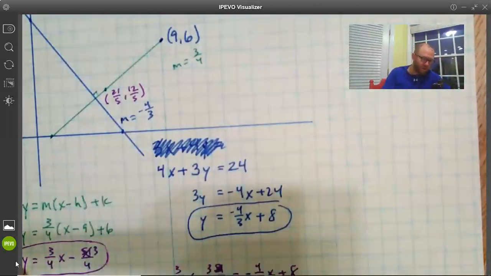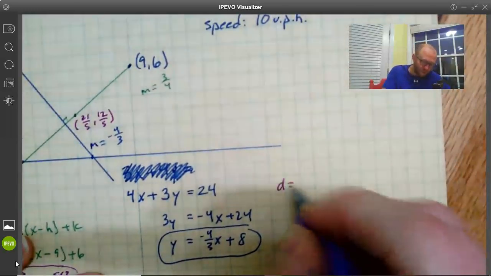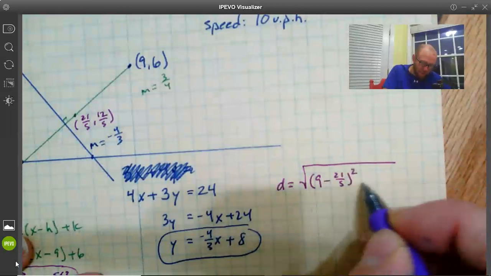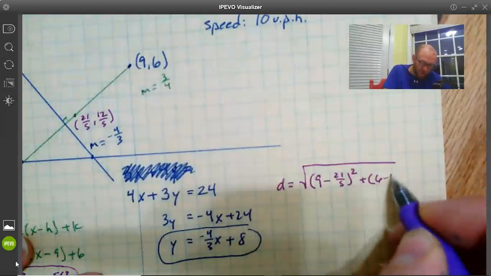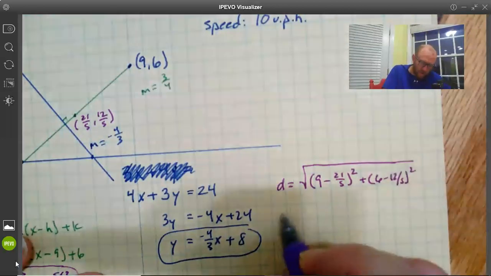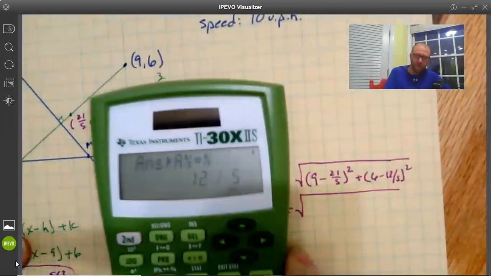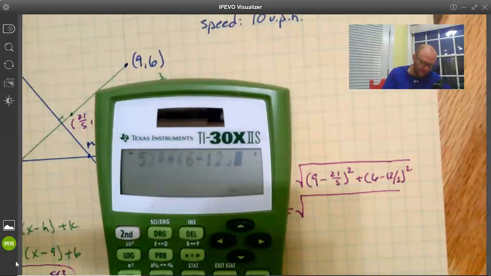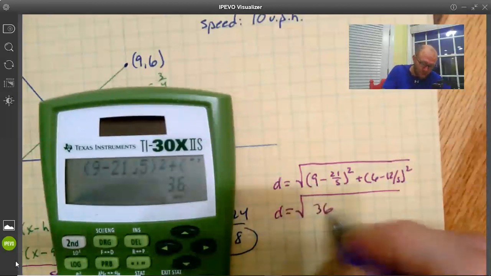Now we've got to find the distance from here down to here. So distance equals the square root of 9 minus 21/5 squared plus 6 minus 12/5 squared, and I'm just going to punch all this into the calculator, make it easy. 9 minus 21/5 squared plus 6 minus 12/5 squared gives us, oh, really? 36. Huh. 36, which is